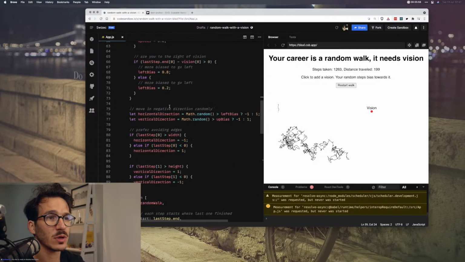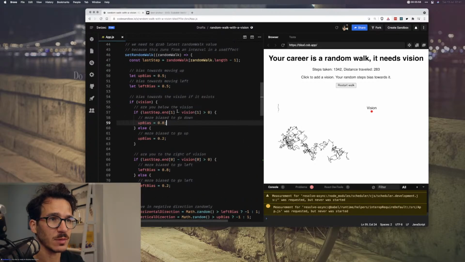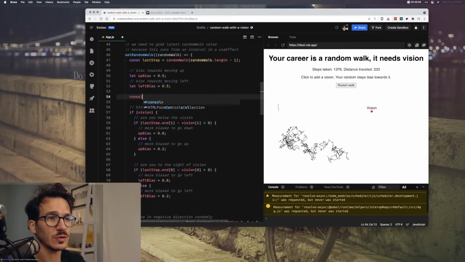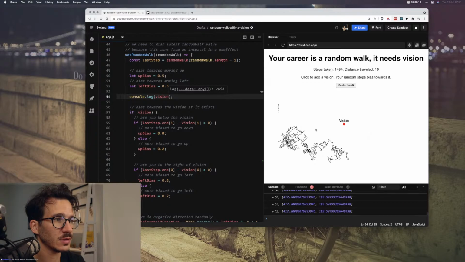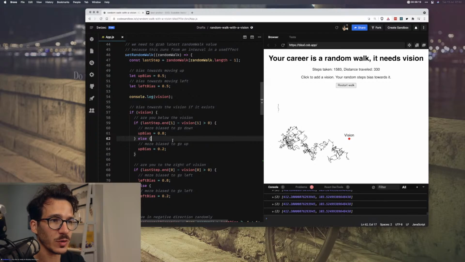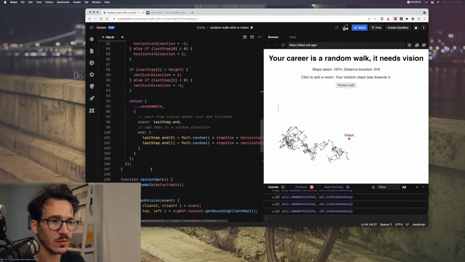Let's console log vision here, and you'll see that it never shows up. When I click, the vision never changes. It always goes in the same direction. So what we need to do is restart the interval.